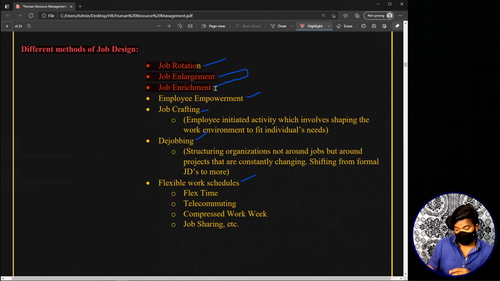Maybe the organization thought that this person is a very skilled employee, so he has the potential or the capability to handle more than one department. So the organization may have concluded that, till now he is in the human resource department, let us involve him in the operations department also. The reasons depend on the organization's choice and decision. But let us take an example where the organization decided that this human resource manager should also be involved in the company's operations part.